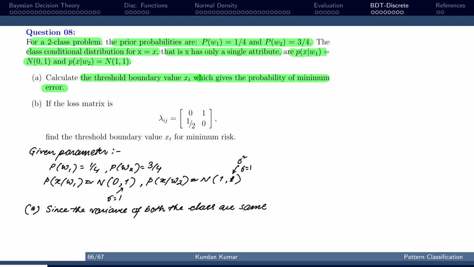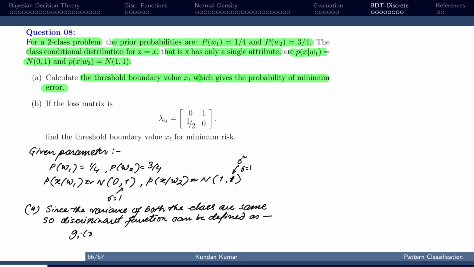That means this is case 1 that we have discussed in the previous class. So the discriminant function can be defined as